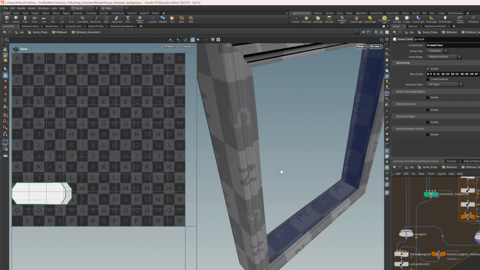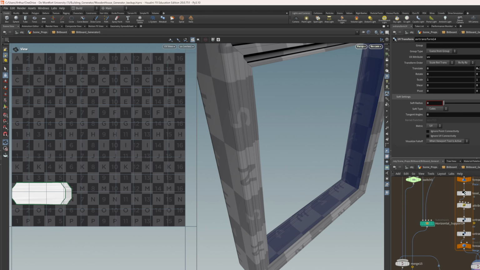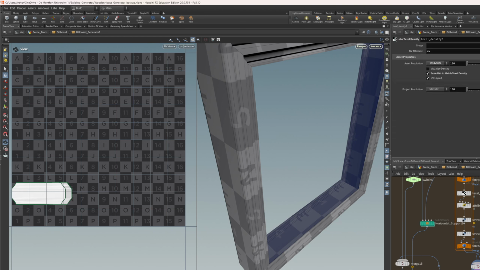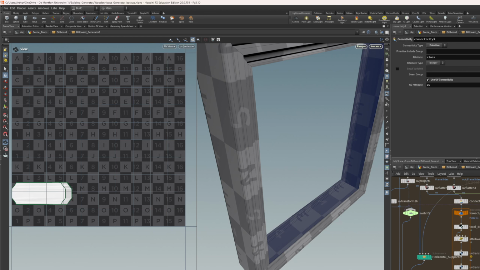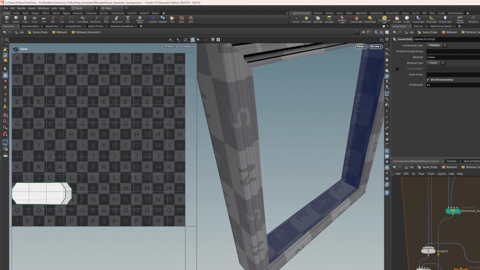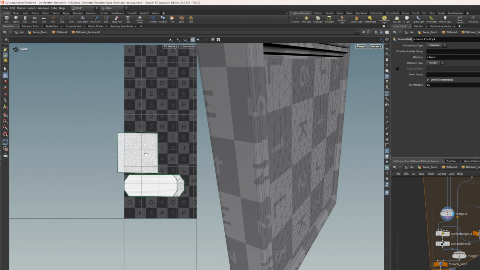This bit unwraps the frames, so it unwraps the horizontal and vertical bits separately so that they're straight on the UVs. One of these should be some sort of transform somewhere. And then you've got that merging back with the front face and back face, and they're just planar unwrap,